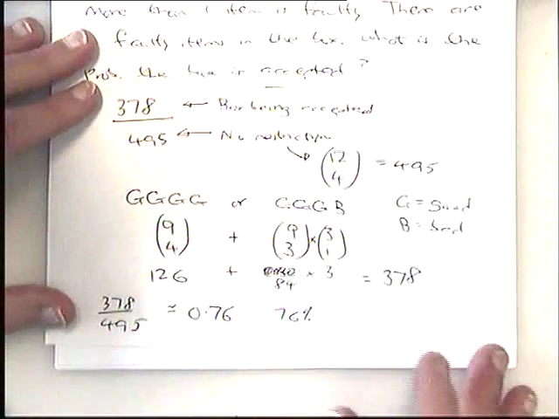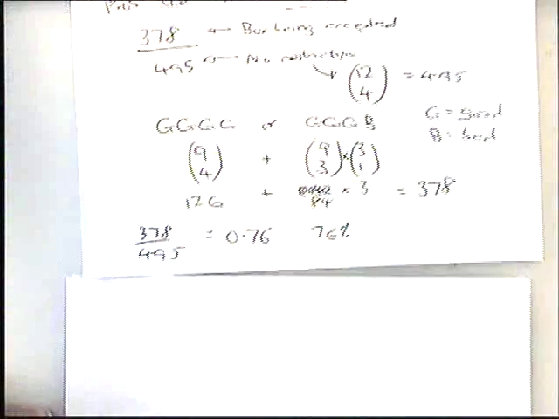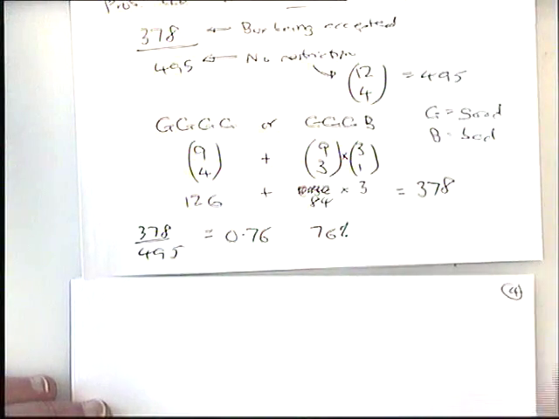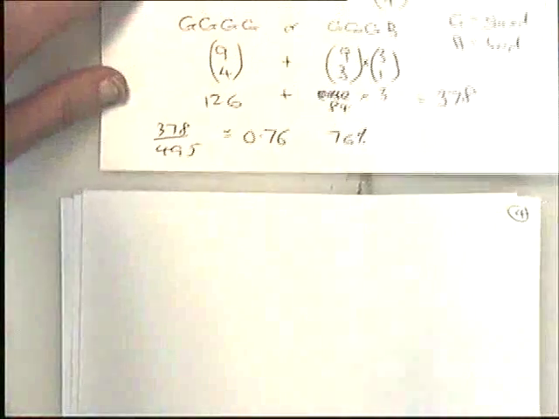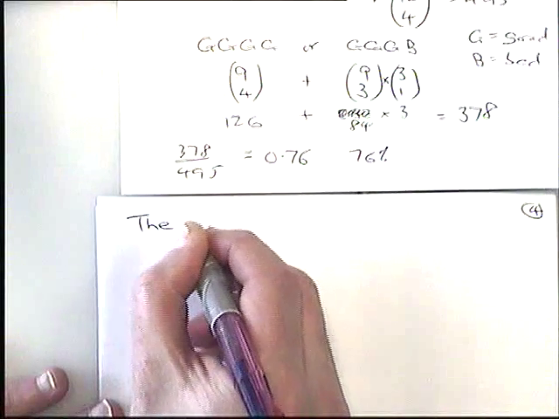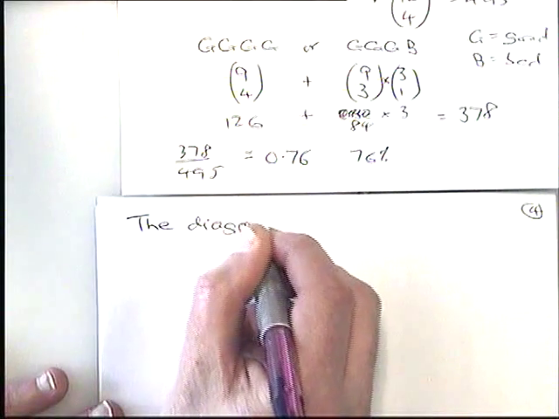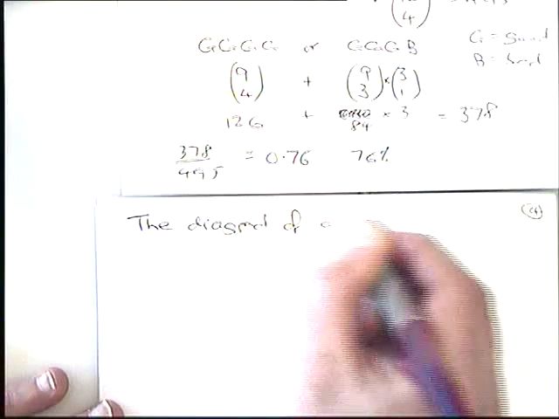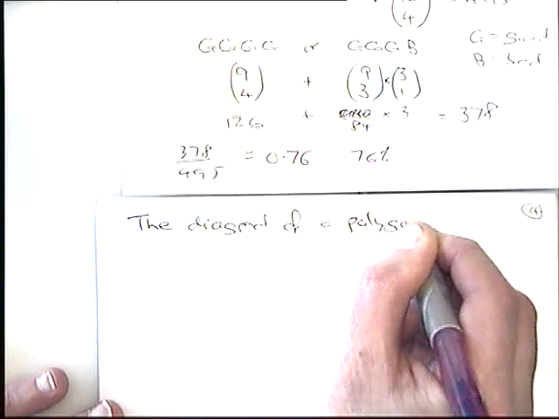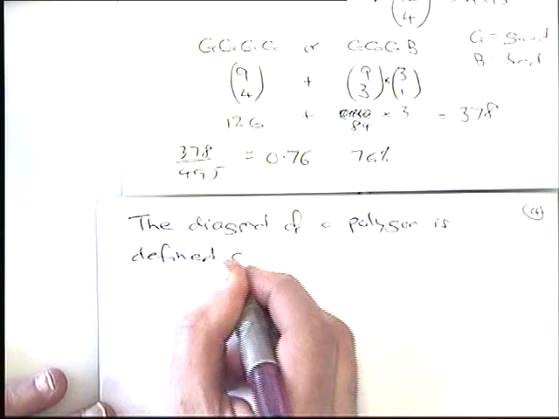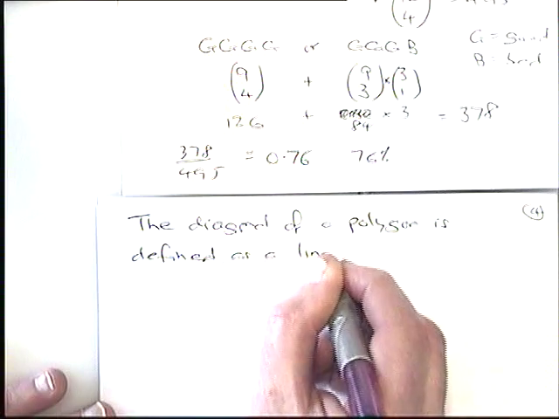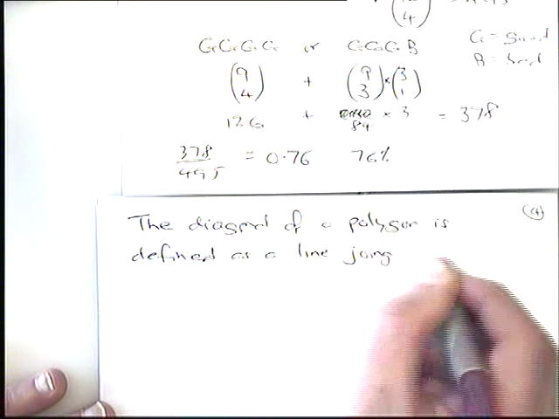Okay, the next one we are going to look at links in a bit with some decision maths that you'll do next year. We're going to be looking now at diagonals in polygons. So, next example. The diagonal of a polygon is defined as a line joining,